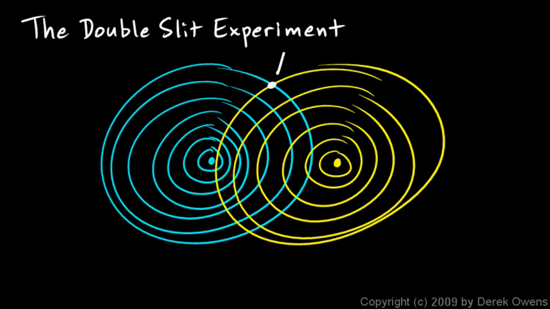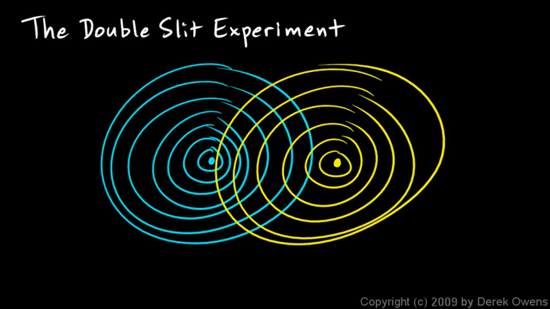So this would be a point right here of what we call constructive interference. One wave adding up with another to make a larger wave. And you could have the peak or crest of one wave right along here coinciding with the trough of another wave. And so at a point right there where the crest of one crosses the trough of another, they would cancel each other out. And that's what you would call destructive interference.